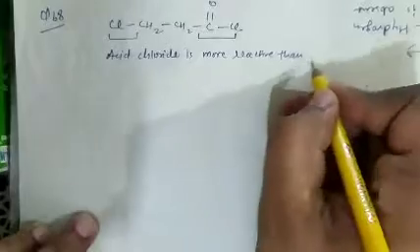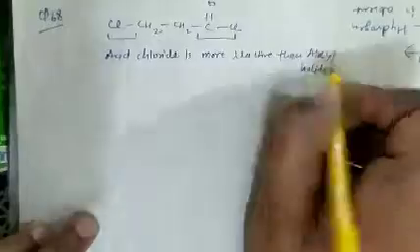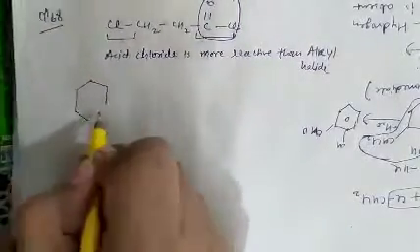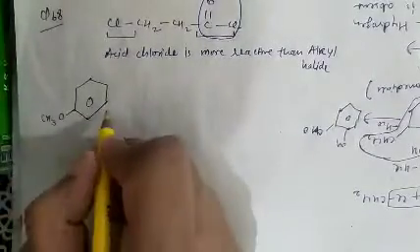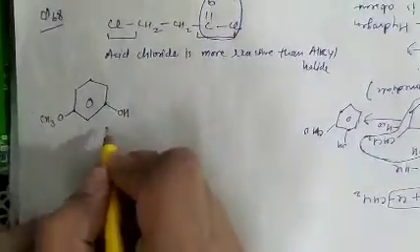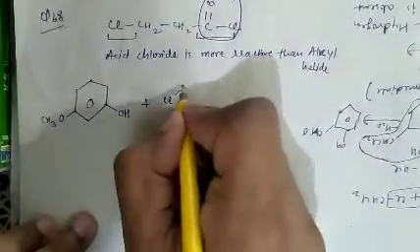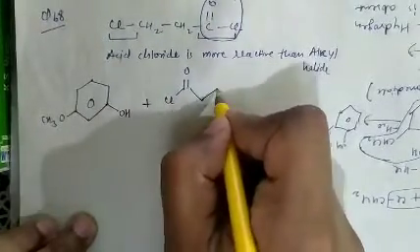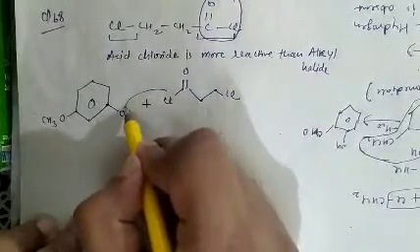Than alkyl halide. So reaction will take place from this position. And the compound given there is this one, benzene containing OCH3 and the OH group. So the reaction takes place through this group. This is Cl double bond O, C, that is CH2 and then CH2 and then Cl. So HCl will be removed from this position.